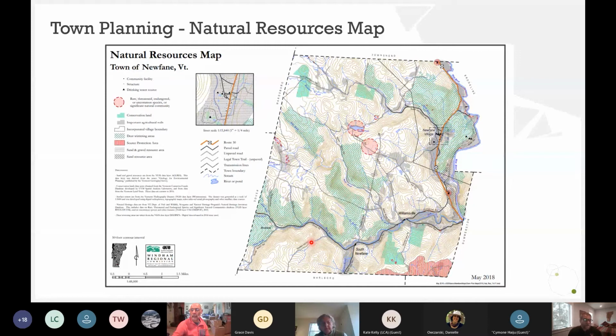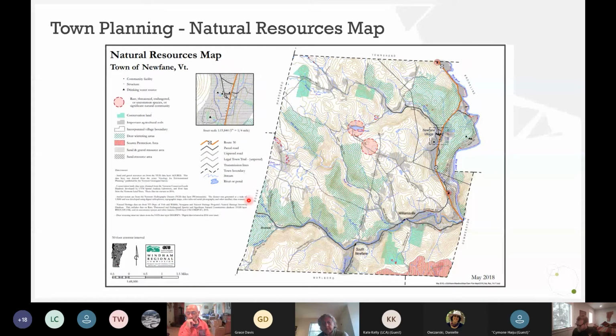And so here's a natural resources map of Newfane, and it shows you some of the habitat areas that they're most concerned about, the rare, threatened, and endangered species and deer yards. This is a very typical way that we interact with towns, through documents like this. But you'll also see that the river system is just those stream center lines, and we don't actually get to riparian habitat on a map like this. Newfane is really an excellent town plan with respect to natural resource issues, and yet still we've got some work to do to better recognize these riparian habitats as a critically important part of the larger process.